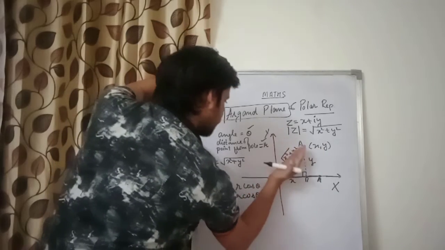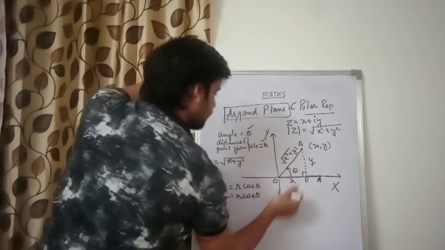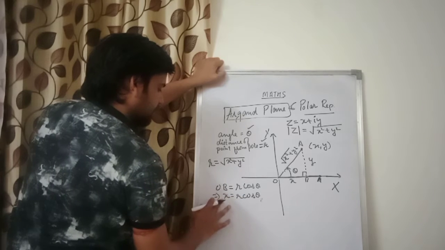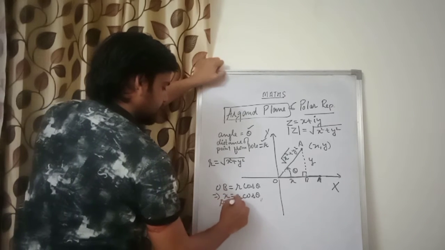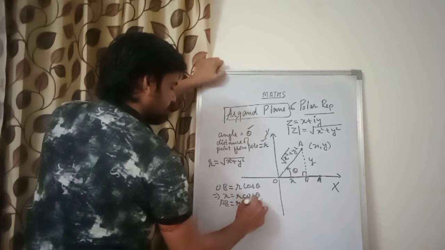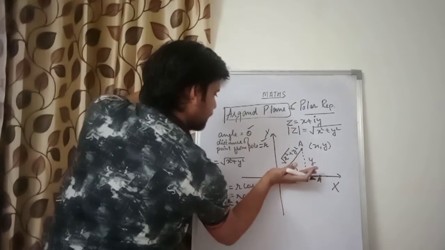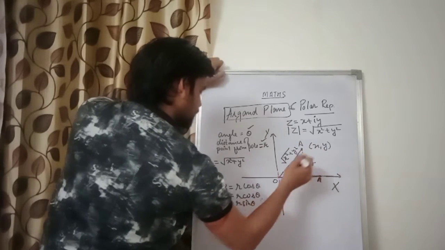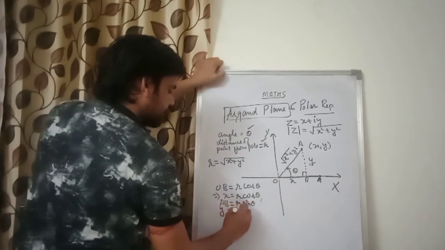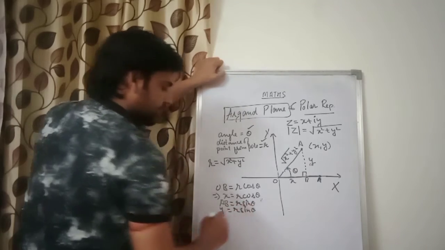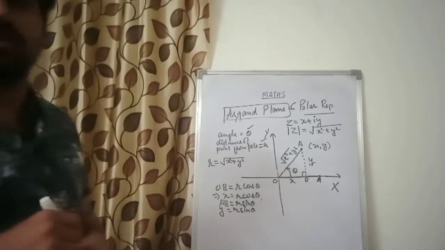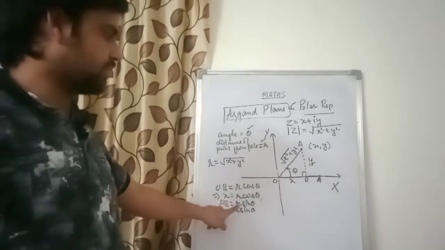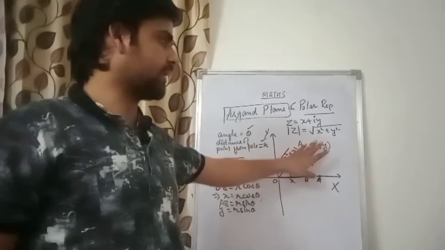Fine. Similarly y will be what? The y component of this r. So y is actually what? Or you can say AB. AB is r sin theta. So this AB is r sin theta. So r sin theta is how much? Y only. So we can say y is equal to r sin theta. Yes or no? So x is equal to r cos theta, and y is equal to